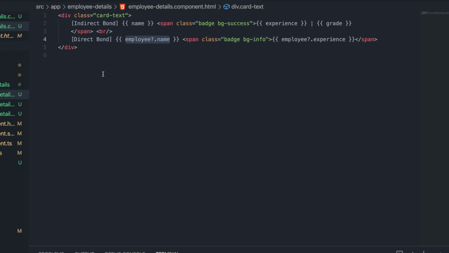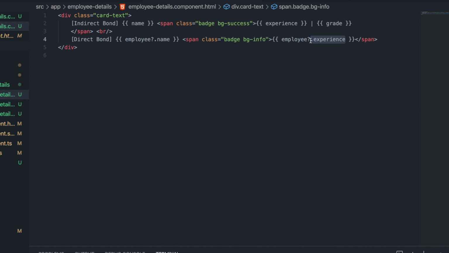So in the child component, when you wrote .name and .experience directly, even though ngOnChanges is not called, change detection will be able to recognize that you have changed experience, because in the template file you have directly used this property.